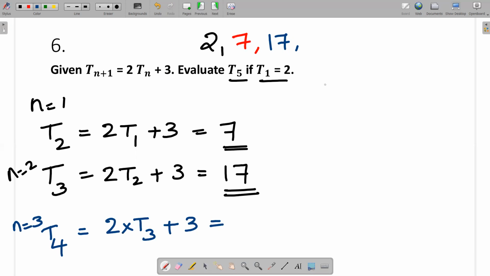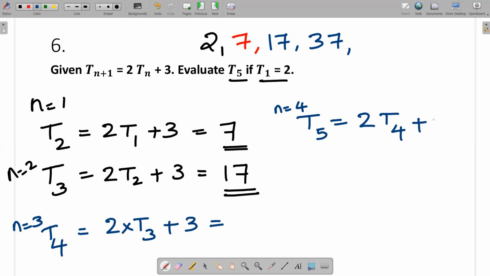So, the next term will be 2 into 17, 34. 34 plus 3, that is equal to 37. Got it? So that is T4. You are asked to find T5. So what will be T5? You will get T5 when you put n equal to 4. Okay, so you can see T5 is nothing but